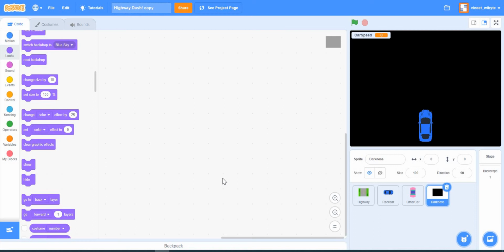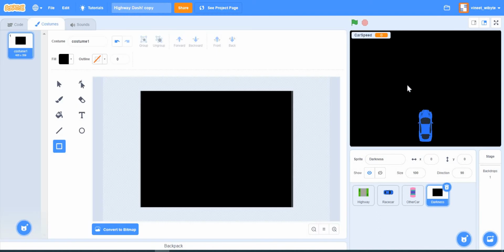And we will talk about the stack and how we are going to assign the four layers to the four sprites later on. But for now, we'll do this because we are not yet done with editing this costume, right? So the car is visible here. Now I'm going to go back to this costume and I'm going to cut out a shape of a headlight, right?